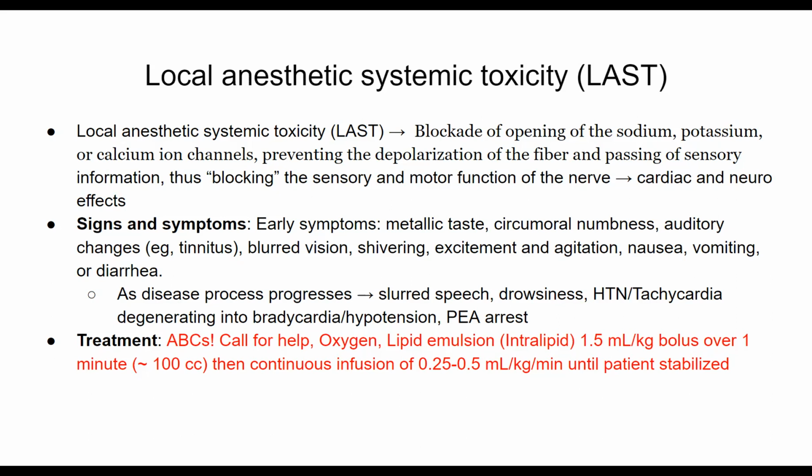So treatment, again, if you're at all suspecting this, just call for help early. As in all emergencies, get oxygen on the patient, and then the treatment is a lipid emulsification, or we call it intralipid. And we give that in a bolus dose and then an infusion over time. So I'm not sure, I think that's probably something we would grab. Or do you guys have the intralipid? Perfect. Yeah, exactly. It's bottom drawer. So you can just crack it open and pull out the intralipid.